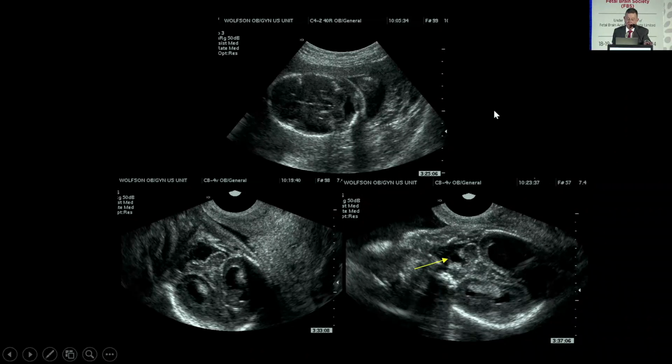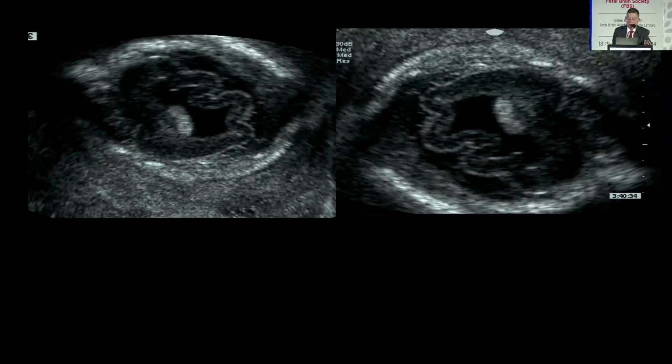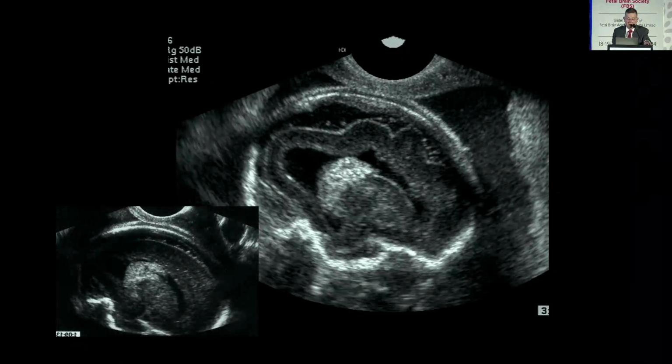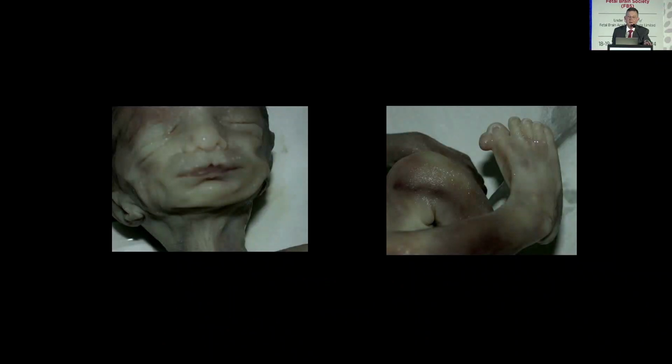There was a connection, but eventually it turns out to be a normal vermis. But when we look at the hemispheres, this was the shape of the hemispheres. So it was very clear that something is wrong. Again we compare with the normal, and we know that something is wrong here. But as I told you yesterday, when you see something wrong, don't forget the brain and start looking at the